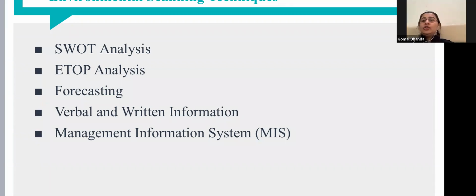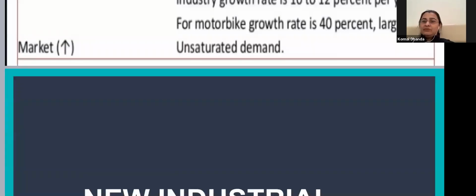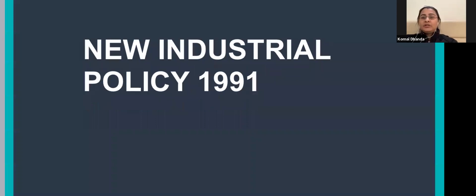After that, the new topic which I would like to start today is the new economic policy of 1991. Okay, it was also the new industrial policy of 1991. It is not that this was the first industrial policy introduced in the Indian economy. Before this also there were a number of policies, but this policy is treated as a milestone in the Indian economy because it changed the face of the Indian economy, because some major decisions were taken under this committee and were implemented.